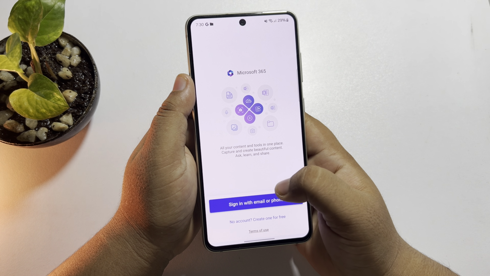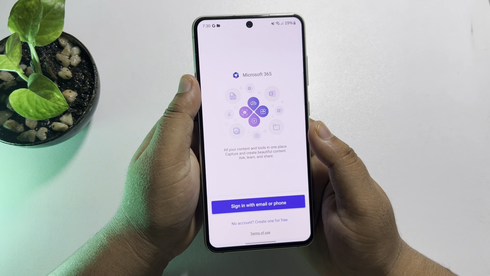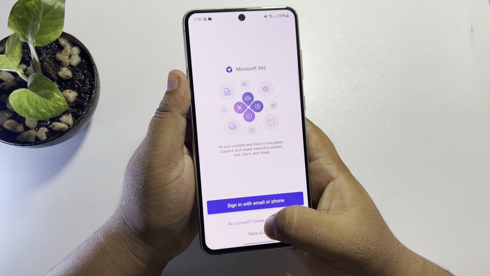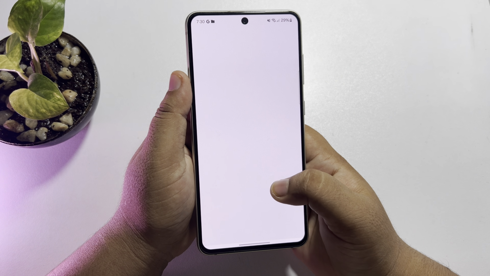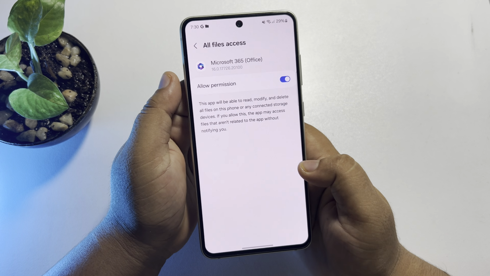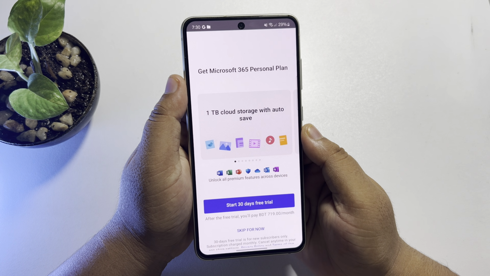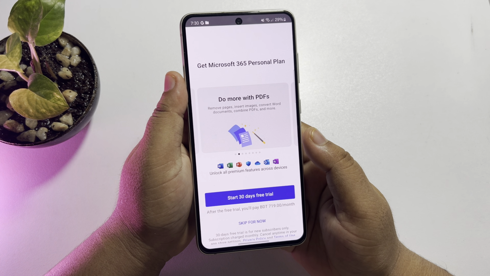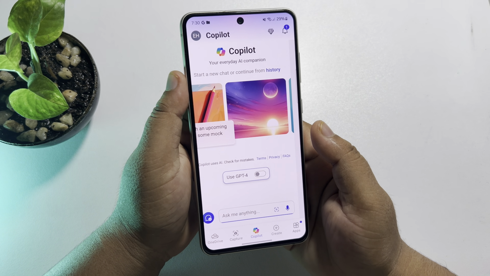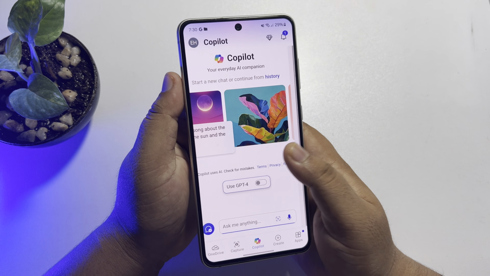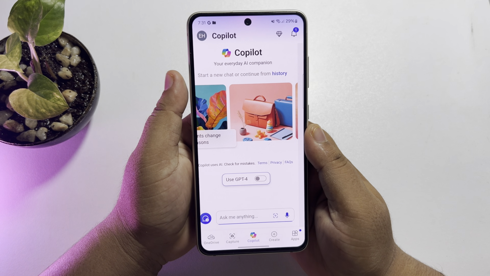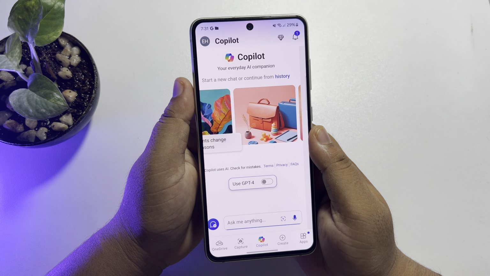Now you have to sign in here using your Microsoft account. If you don't have an account, just tap here to create a free account. I'm going to sign into my account here. Now you can start a 30 days free trial, but I'm going to skip for now. Okay, once you have successfully signed into your Office 365 app using your Microsoft account, to use Office applications, here